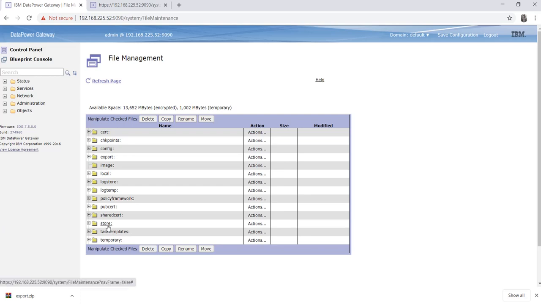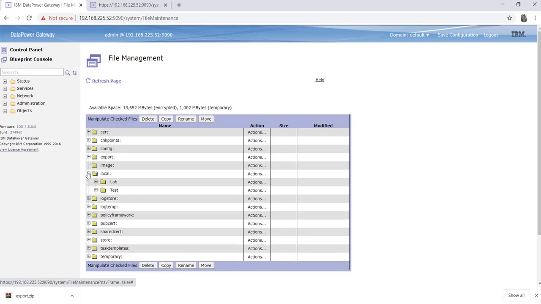These are very important system inventory files of DataPower, and we shall not make changes to any files mentioned in store and task template. But if you want to customize, yes, we shall copy those files into our local directory, and make changes accordingly.